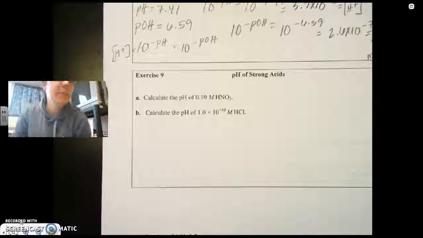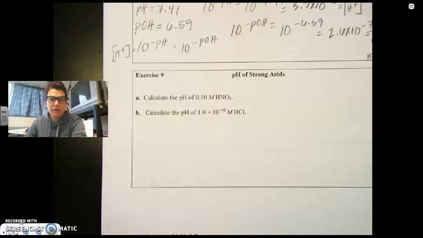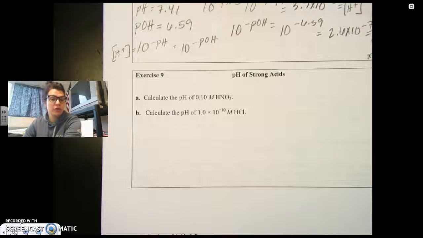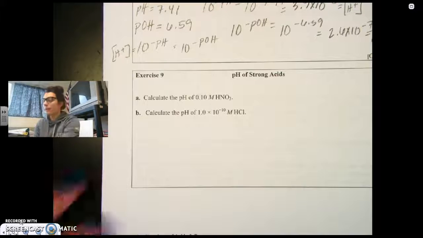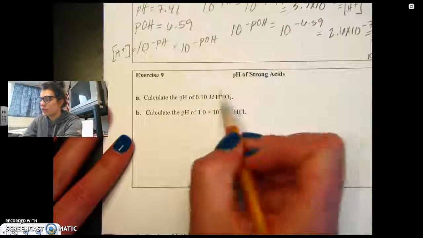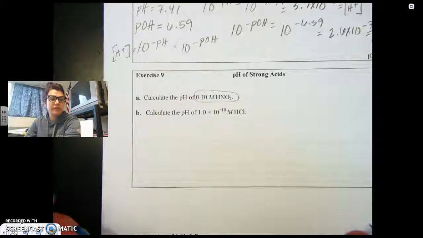Okay, when we calculate the pH of a strong acid or a strong base, there's something that we need to know about the strong acid. Strong acids, you have to remember, are strong electrolytes, which means they 100% ionize, meaning they break completely into their ion form. So with that being said, the starting concentration of the acid will be the same concentration